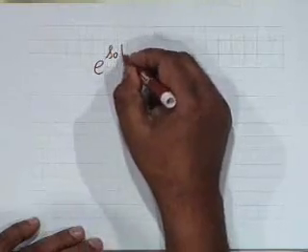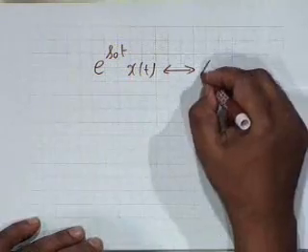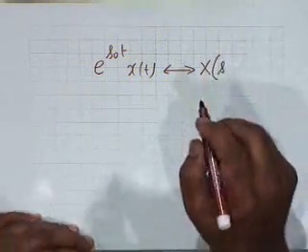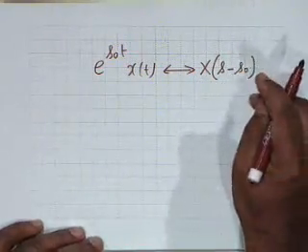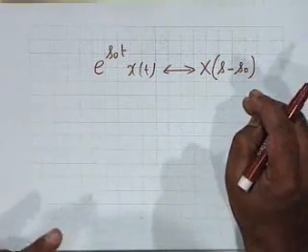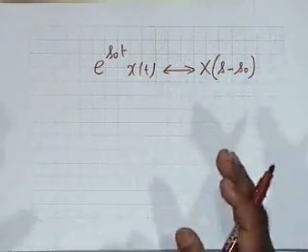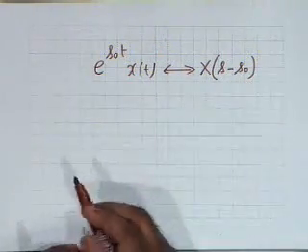Suppose we multiply a function x of t by e to the s0 t, then you can show that this is simply x of s plus s0 or minus s0. Minus s0, exactly like Fourier transform. You showed that if you multiply by e to the j omega 0 t, the spectrum gets shifted by omega 0. This is precisely what happens,